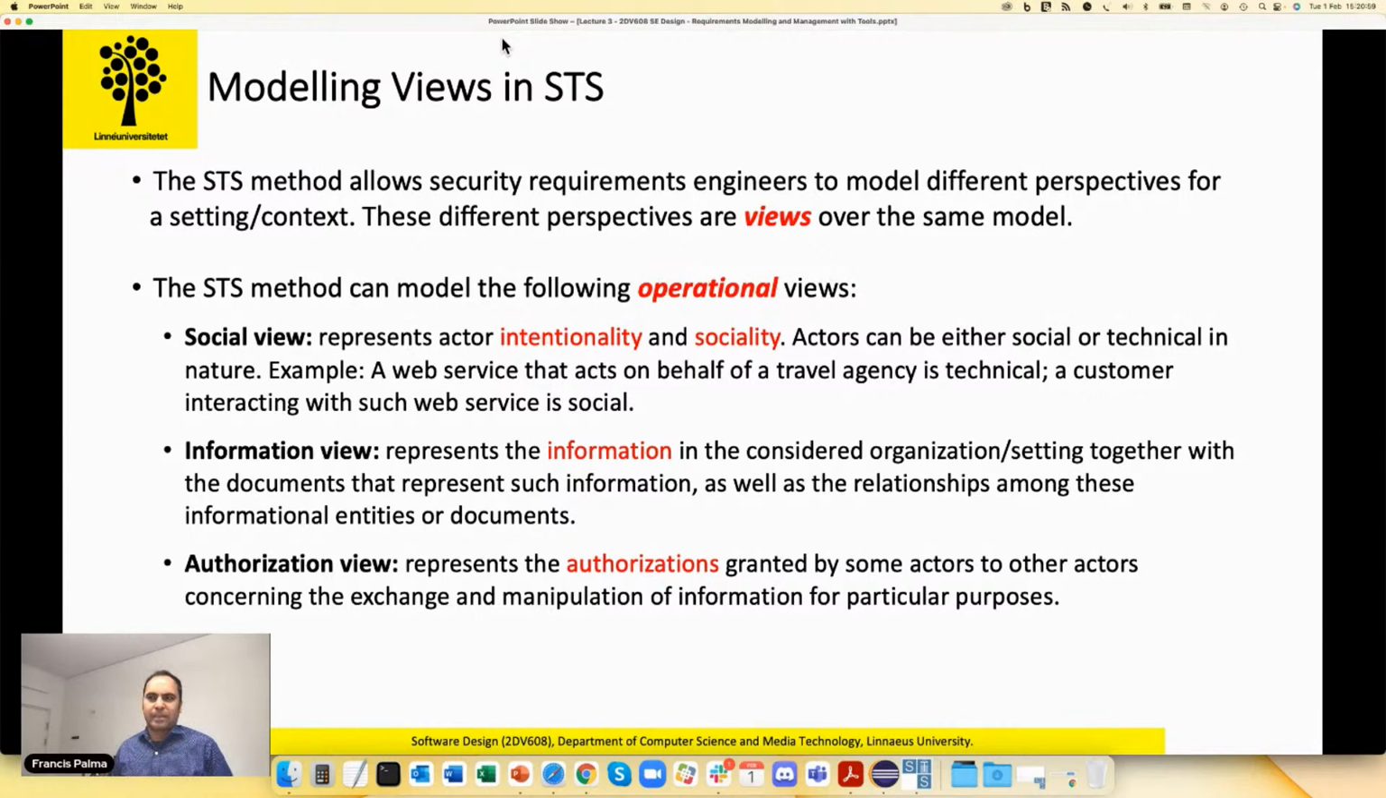So it's basically between actors or between roles, what authorization they provide or allow on certain information or on certain documents or on certain goals and so on. So I will basically reflect these three aspects during my hands-on session. And